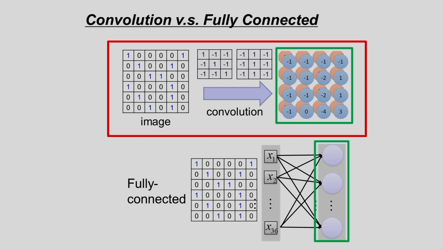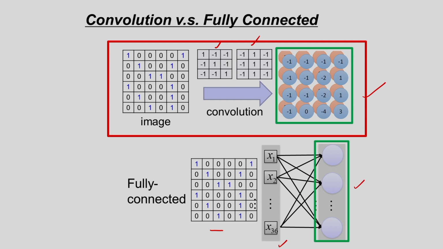So by using the convolution operation you can see I can reduce the number of parameters. Here I am applying the convolution between the image and the filters. I am considering these filters and I am getting the feature map like this. But suppose I consider this 6 by 6 image in a fully connected neural network. That means the input layer has 36 nodes, then we have the hidden layer, and then we have the interconnections between the input layer and the hidden layer. So that is the fully connected neural network.